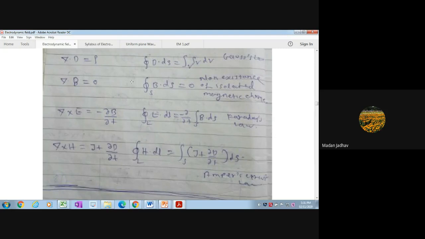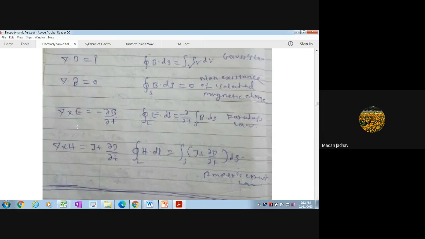we can understand that the field is not rotating, because the electric field is not rotating. If the curl of any vector is zero, that field is not rotating around a particular point. This is the meaning. So your electric field is conservative and stable, therefore the curl of E is equal to 0. This is one of the Maxwell equations used for the static field, and only this equation we can use for a static field.